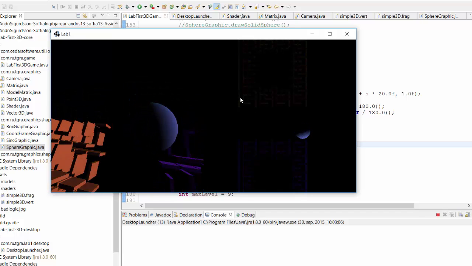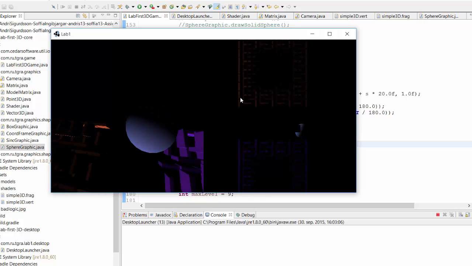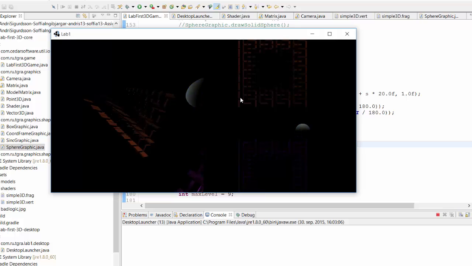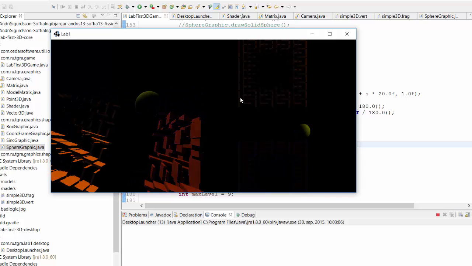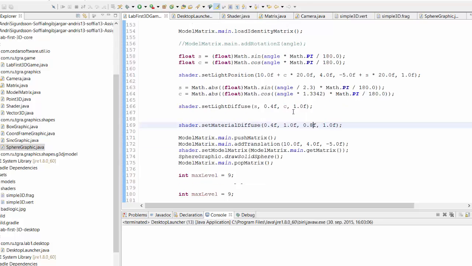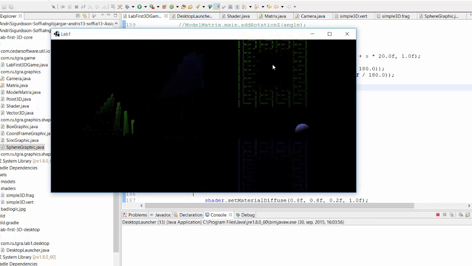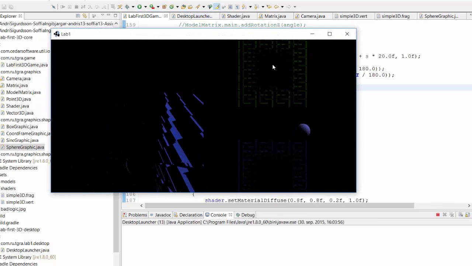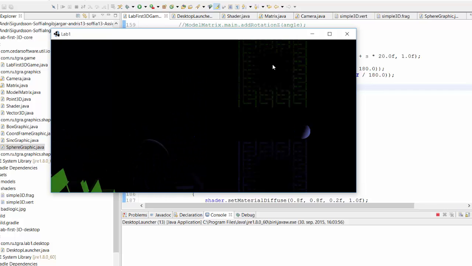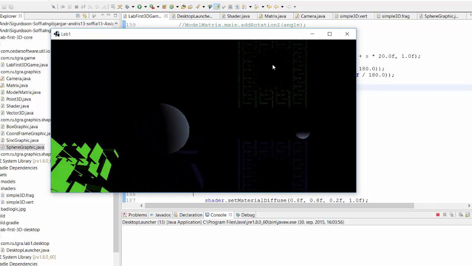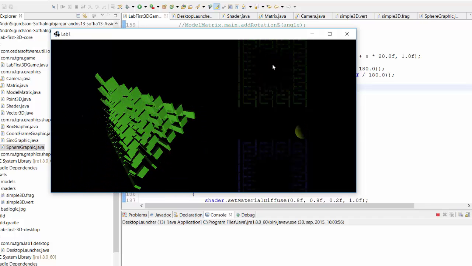If I always have a white light and change the material, it looks the same as if I always have a white material and change the light. However, if we look at the pyramids, obviously since the light is affecting them as well, if I were to swap it around again and say, now I'm going to have this the material, but the light stays fixed, then suddenly only the sphere is being affected by these color changes. So the color changes are within the sphere, only that is being affected, while the pyramids are being lit up